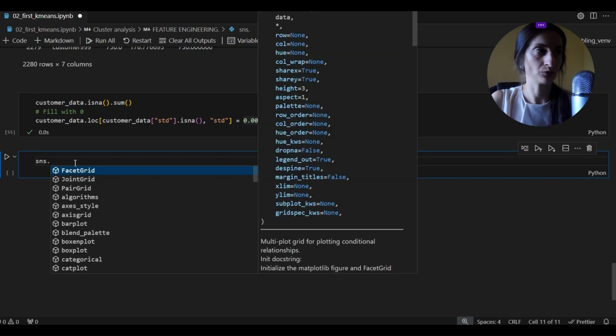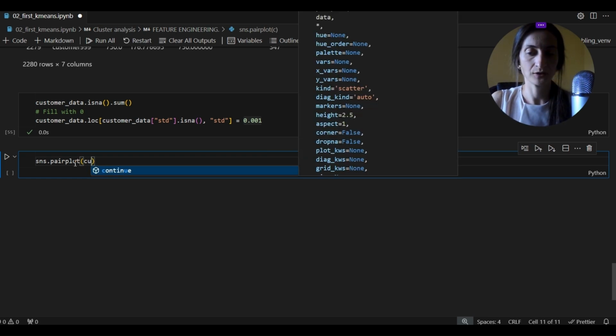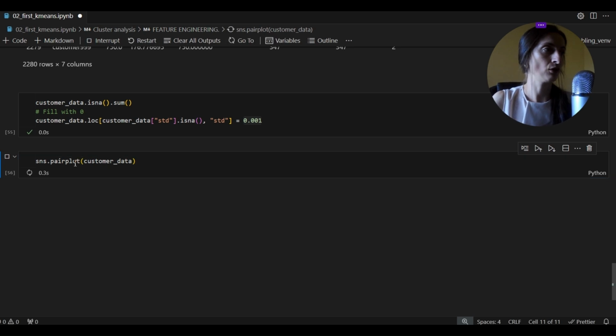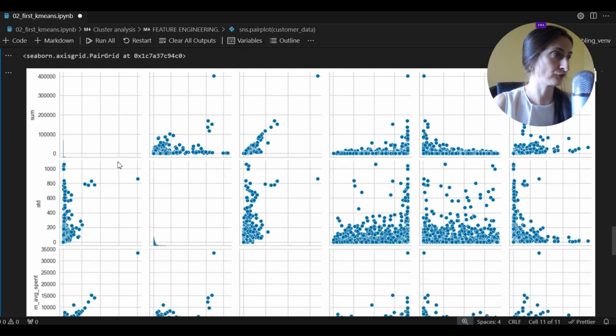And now we can proceed with creating a pair plot of our features. So we are just going to input the customer data, so all our features. So first of all, we have here the sum, which is the total amount of money spent on the platform. And we see here that actually this is a very skewed distribution. If you can see, this is a histogram, but it's highly skewed to the right. And there is an outlier visible up here,